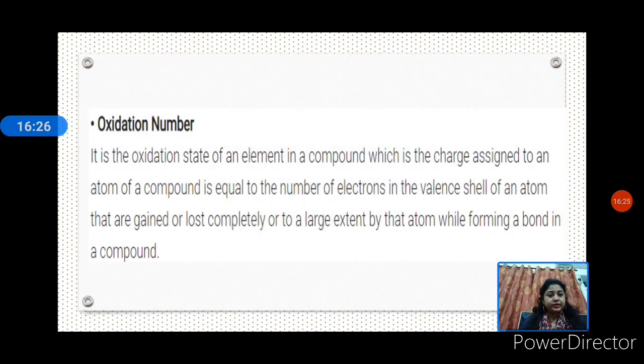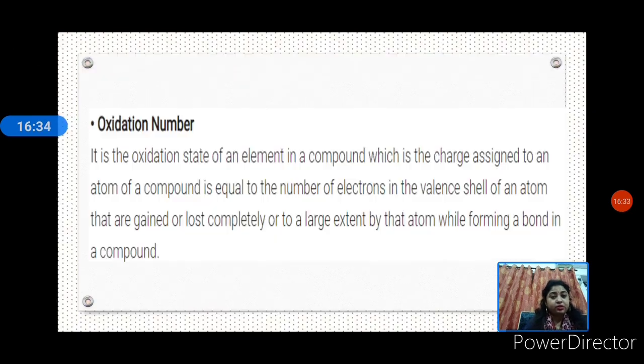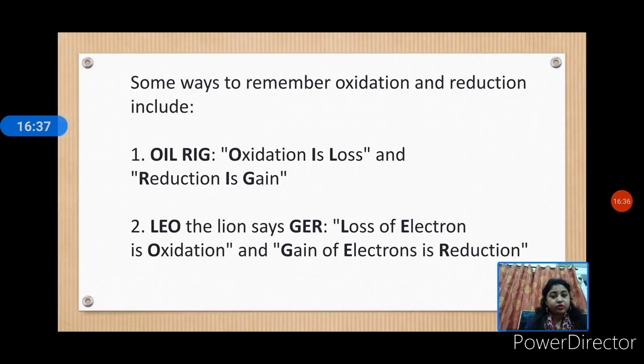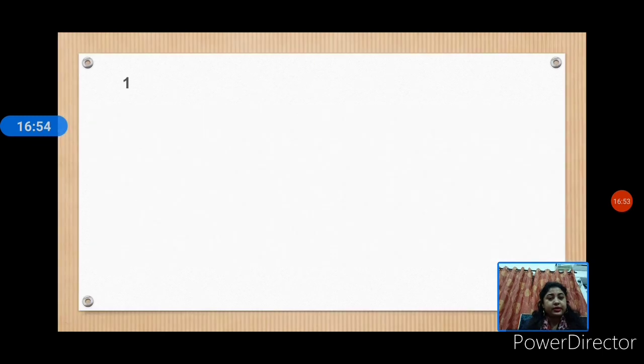Next is oxidation number. This is quite a new topic, a very important topic. So I think I should start it with a new lecture. In this lecture I want to conclude here, and I would like you all to learn what is oxidation, what is reduction, what are half reactions, what is reducing agent, what is oxidizing agent. Learn all these things by heart. Tomorrow I will take you to oxidation number.